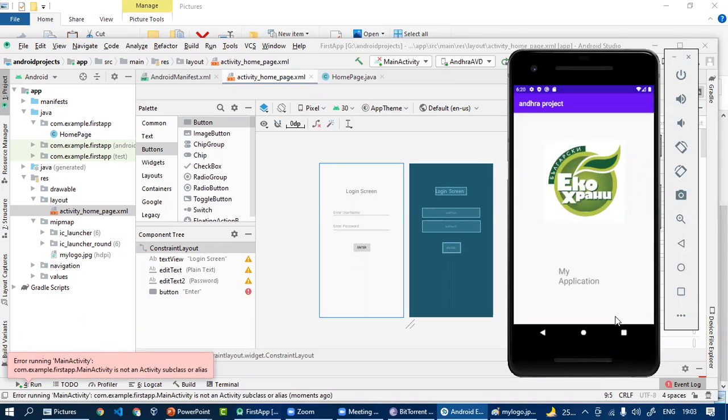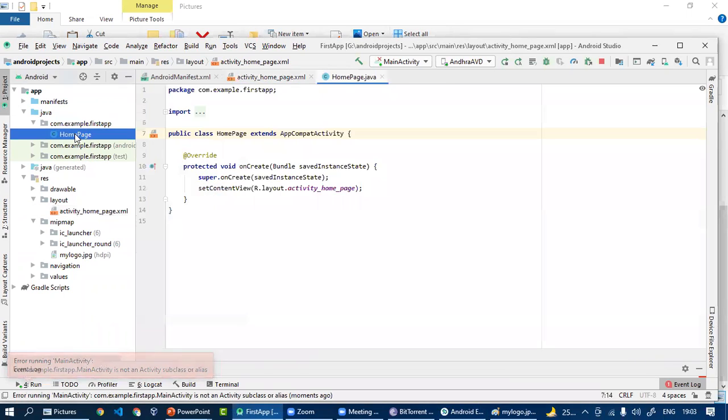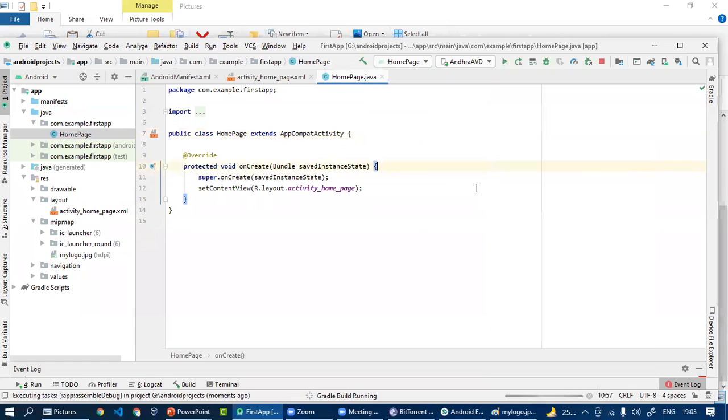If you want to see it, then just check it. Home page activity is not our main activity, or it is not available. That's why we got the warning.